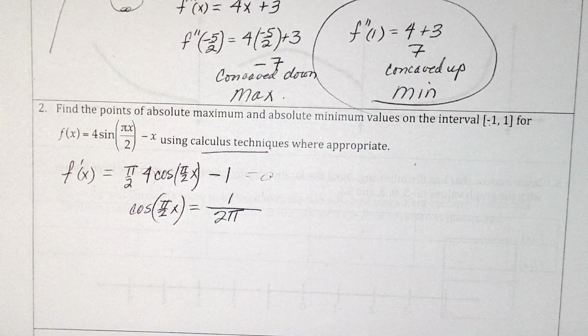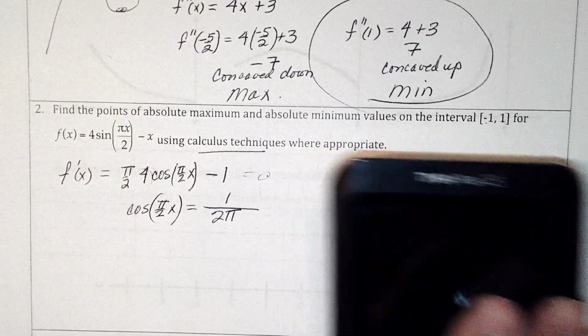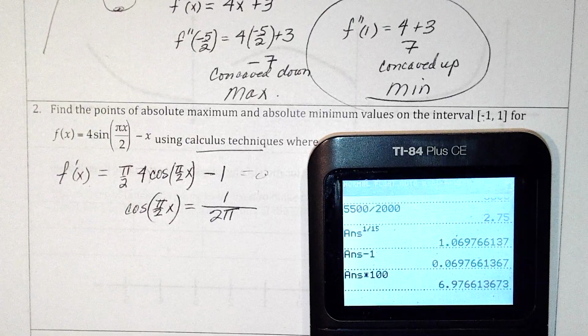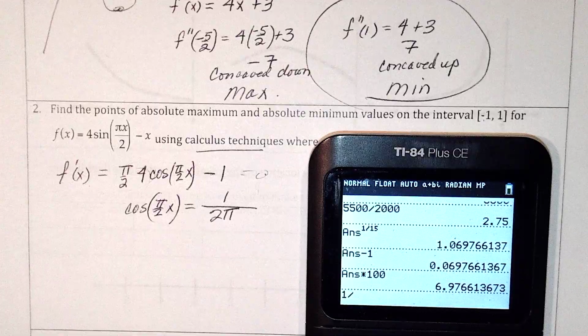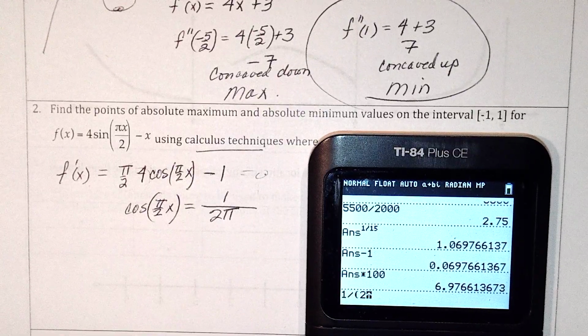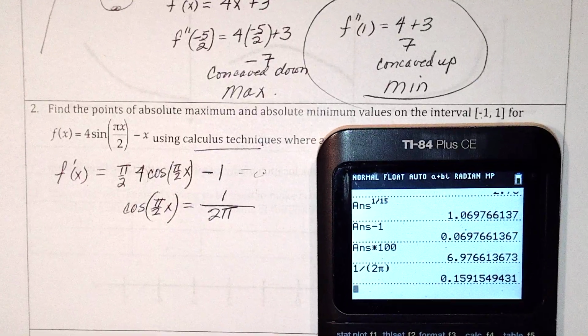And so then I need to know when cosine is equal to this. So I'm going to go 1 divided by parenthesis 2 pi, and I get